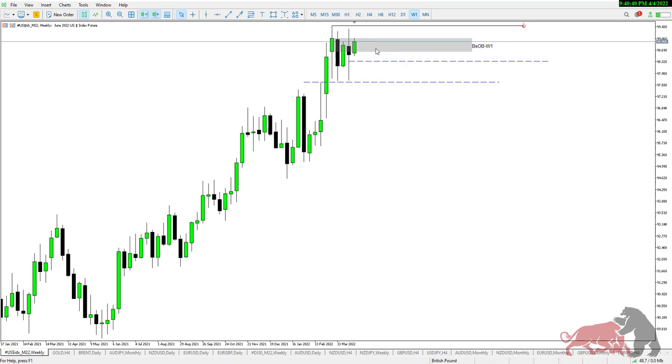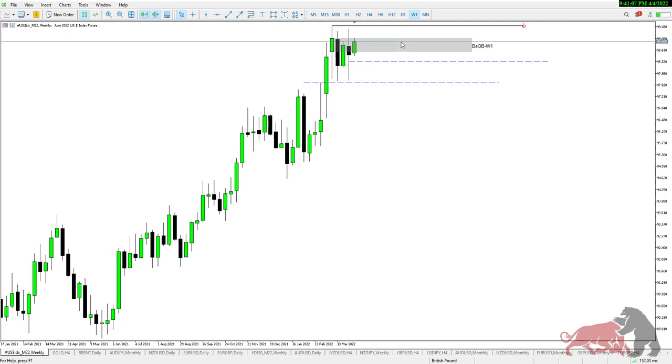Only on positive news for the dollar, then you are going long on DXY and you are shorting Euro USD, Pound USD, Aussie dollar, New Zealand dollar. Though with the latter two, Aussie dollar and New Zealand dollar, just be careful because there's a bit of money flowing into gold and it's only going to result in those two currency pairs moving to the upside. So I would put those a bit on the side.